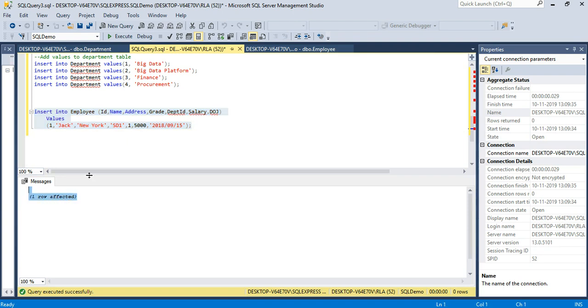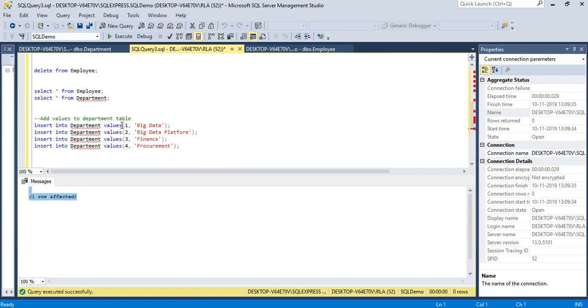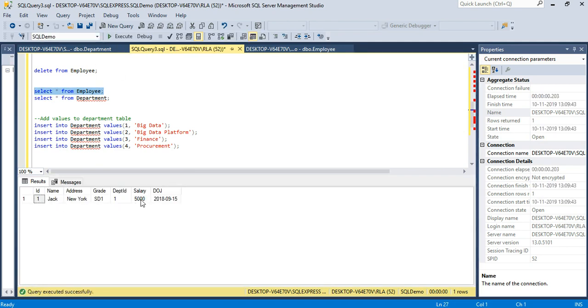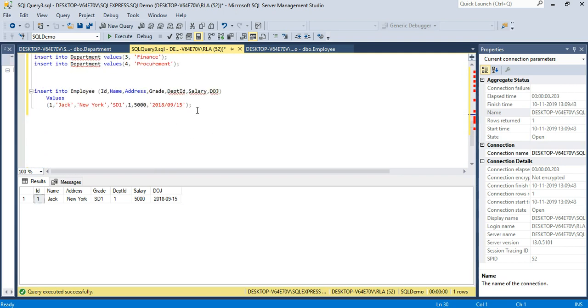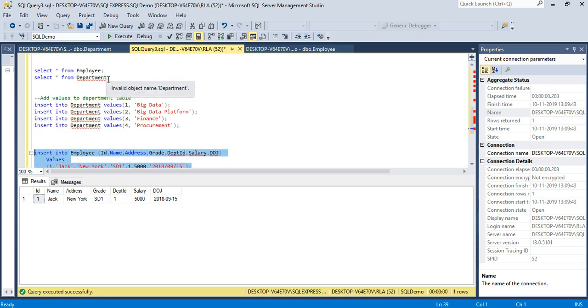Okay, so one row affected, and then let's go back and see the employee table. So I have one row with all the values in it. The department ID, instead of big data, says 1, which is referencing big data in the department table. So now where is the referential integrity here? There's nothing stopping us from inserting. To check whether the constraint which we have added is in place or not, since we have only 4 values here,